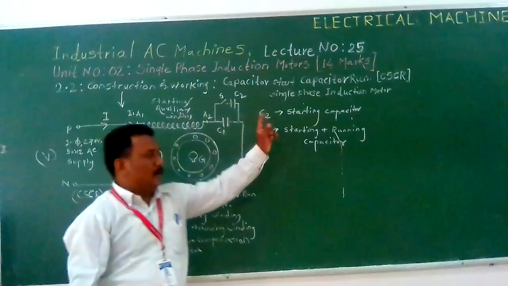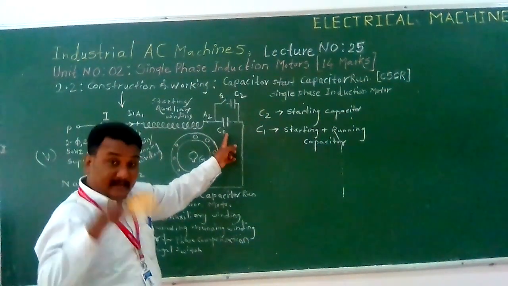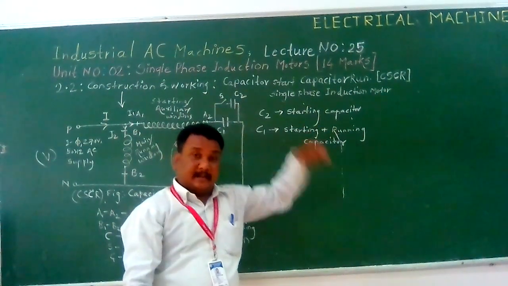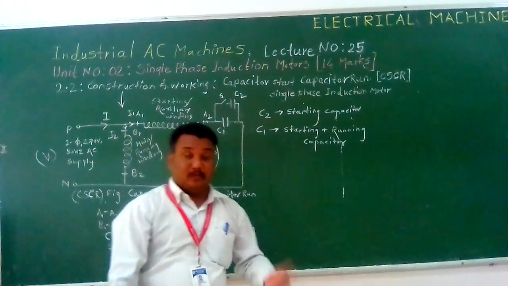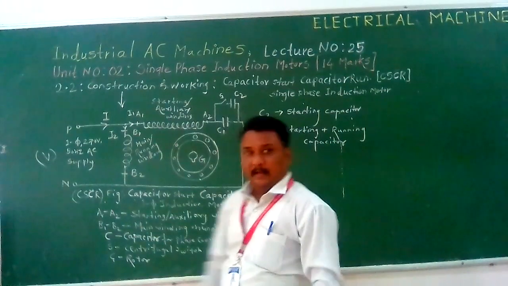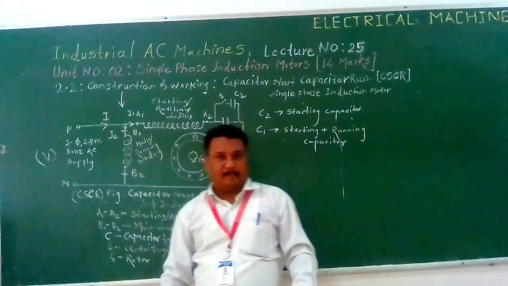C2 is only a starting capacitor, but C1 remains in the circuit during the starting as well as during running condition. Hence, this modification makes the starting current I1 lead the supply voltage,